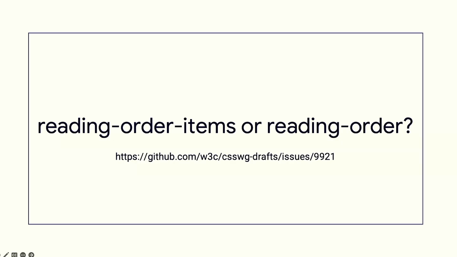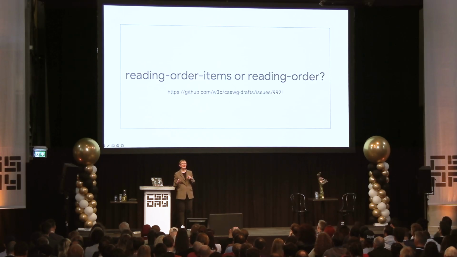So, reading order items or reading order. Now, the reason we're using reading order items, and everyone is going to say, but why isn't it just reading order, is because in between my very simple idea and what we've now got, there was a more complicated idea that had a property for the parent and also a property for the children that would, essentially by tying this to order, would let you, by integer, actually specify exactly what the order should be. We think we don't need that, but we kind of left the door open to maybe do that in the future. So that's why this property is reading order items.